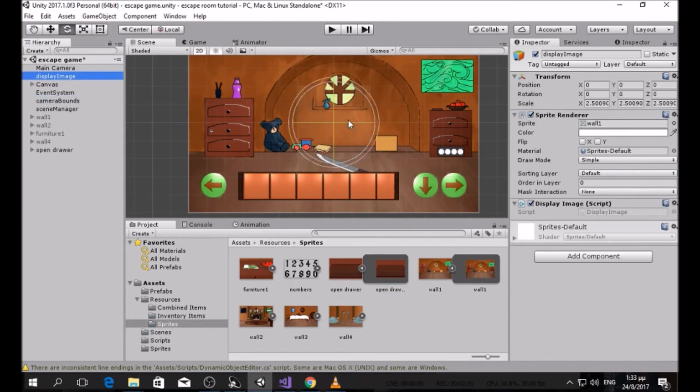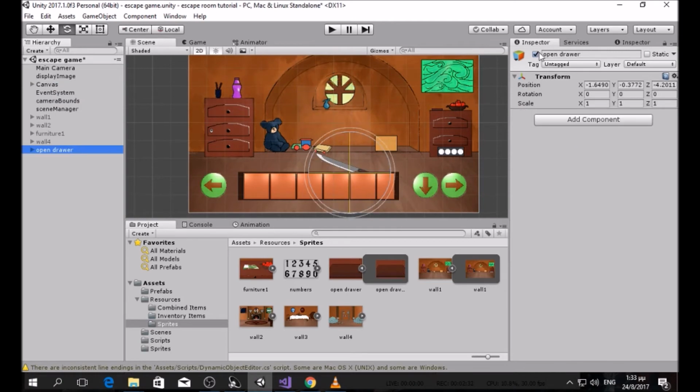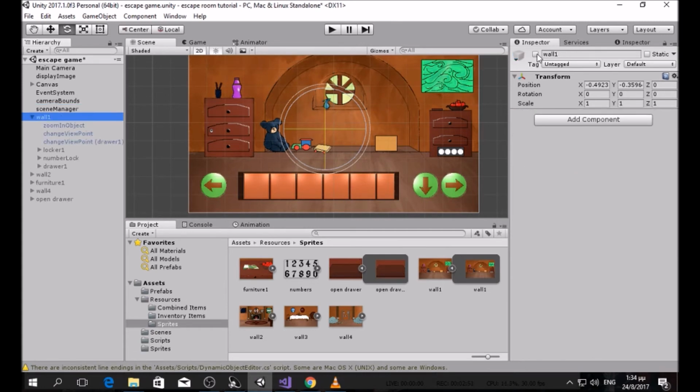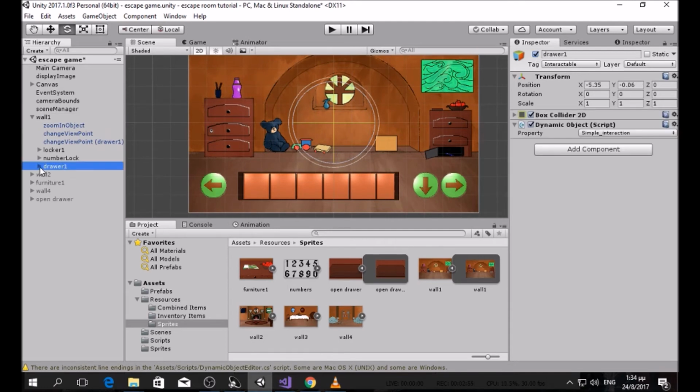Maybe I should have given better names for this. World 1, world 2, we could call this world front, world right, world back, or the drawer left, drawer right, but it will be fine. So, will this be enough? No. Activate this again, and now that we have this, the drawer,